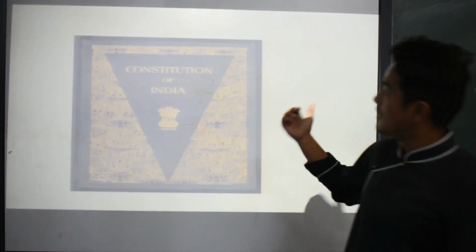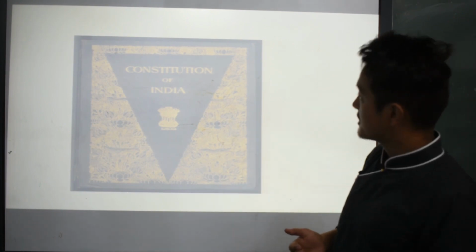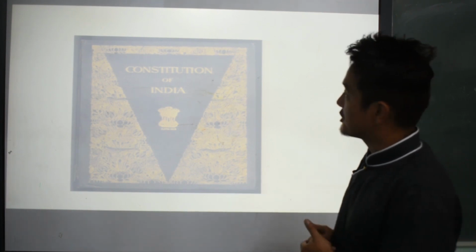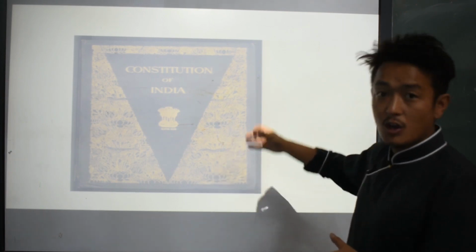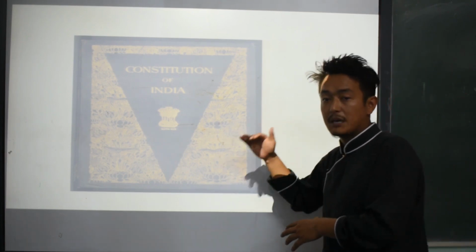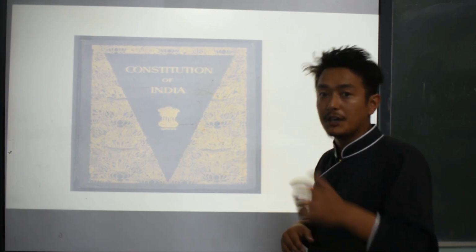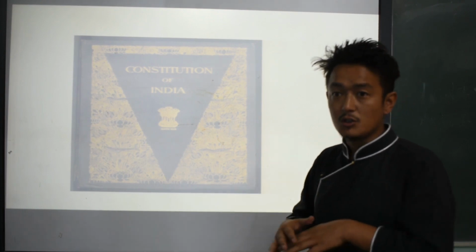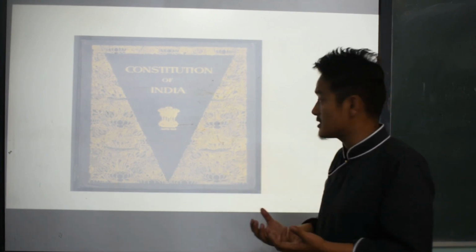Okay, now here's the picture of the Constitution of India. As we have already discussed the definition, the Constitution is a compact of documents. So this book is a compilation of a number of documents, and those documents comprise a number of articles. For example, Articles 12 to 35 are our fundamental rights of India, right? Through those rights, it ensures the citizens have freedom of thought and freedom of expression.